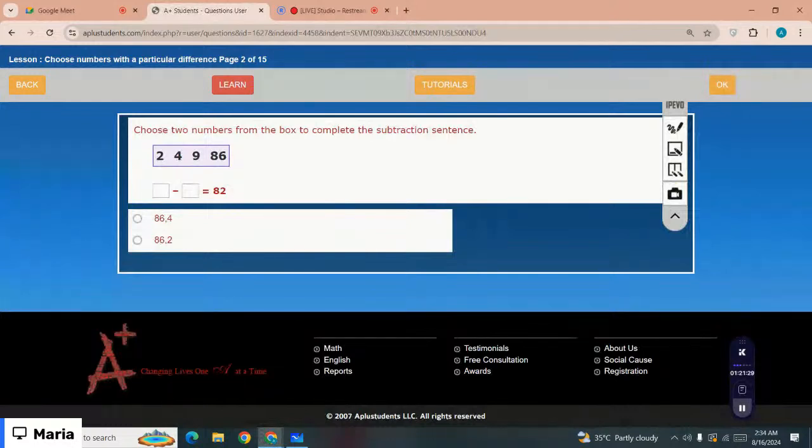Choose two numbers from the box to complete the subtraction sentence. Dash and dash have a difference of 82. So which is the correct option? The correct option is